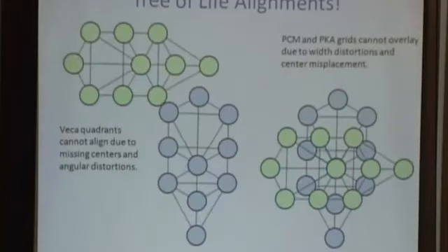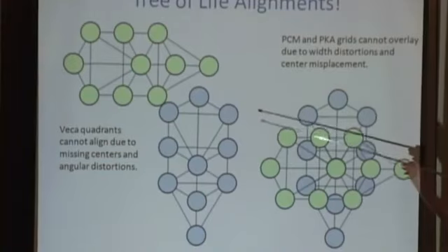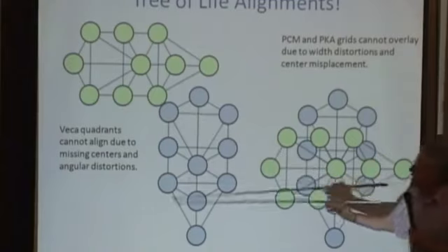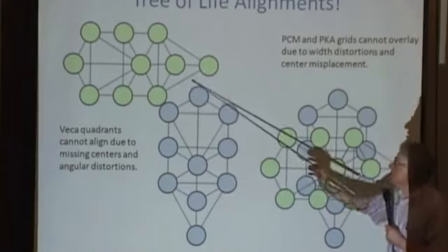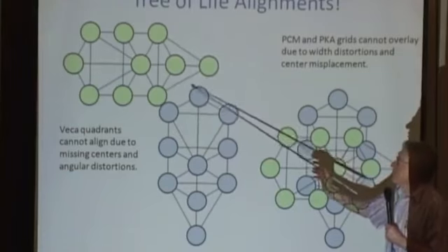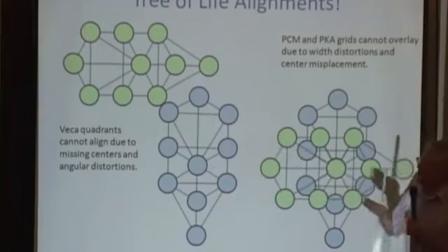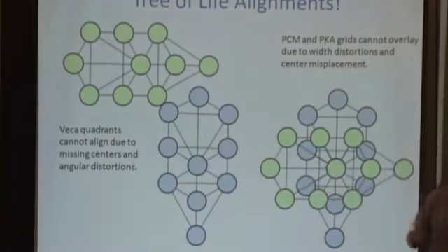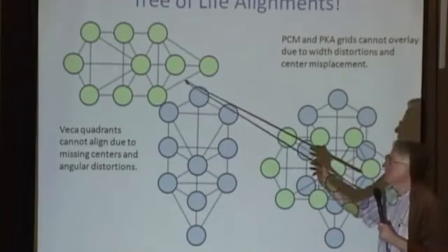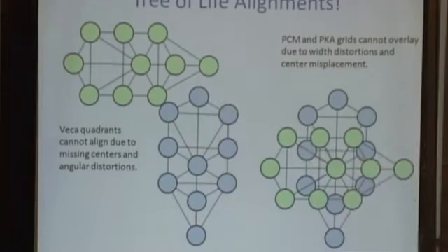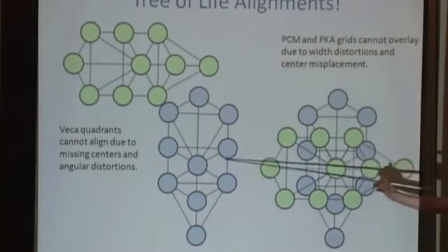Now, if we look at what happens with the tree of life structure, if we try to align these, what do we get? First of all, if we try to align them in Vecca quadrants, they cannot align because they're missing some centers, and they're also suffering from angular distortions. So the tree of life structures aren't capable of aligning from one level to the next. Because of their missing centers and their distortions, they're not capable of aligning properly from one level of cosmic structure to the next. Also, if we take the polarized party cum and party k polarities and attempt to overlay them, this Katara grid structure,